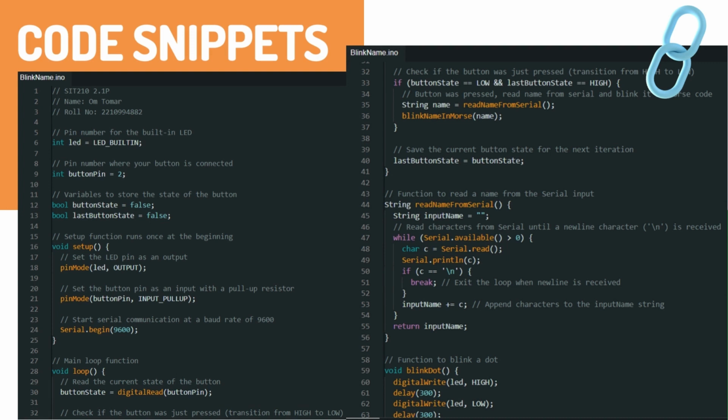So these are the code snippets. As you can see, I have created an LED variable which stores LED_BUILTIN of integer data type, as the built-in LED is on pin number 13, and I have used the D2 pin, that's why I have created a button pin of integer data type for D2. Then the button state is false in the start, and the last button state is also false. Then I have implemented my logic for pin modes: the built-in LED is my output, and the button pin is my input,